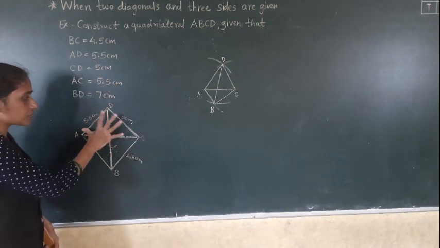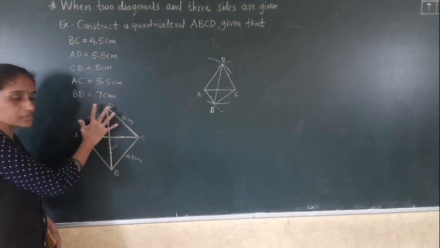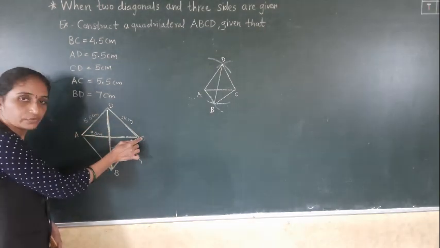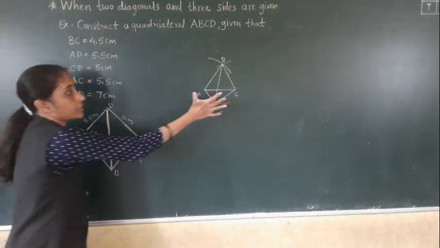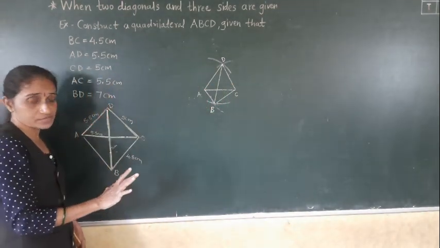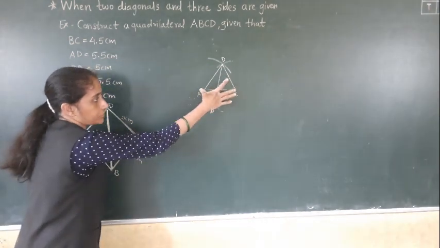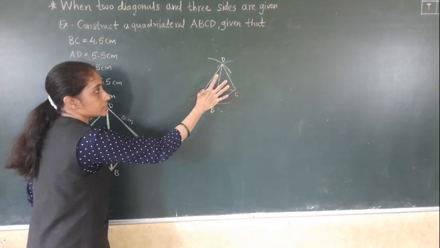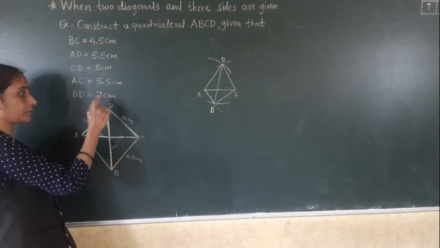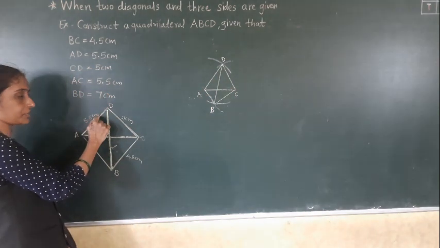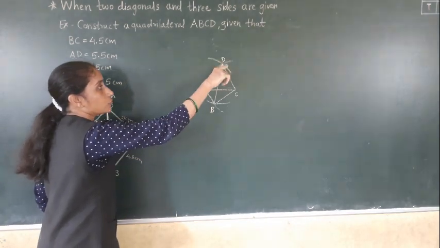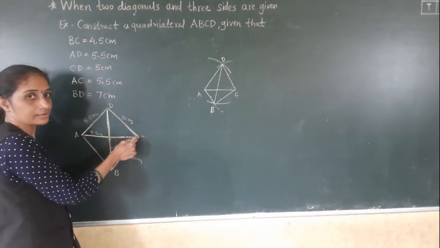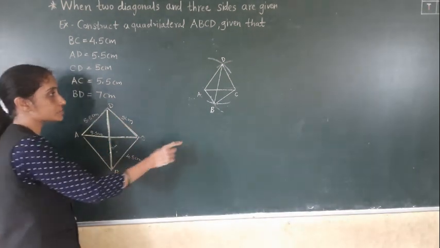Okay, so see what is given now in this quadrilateral. In the first triangle, all the sides we were knowing. So, AC we were knowing. So, first draw the AC, that is 5.5 centimeter. Now A as a center and with 5.5 centimeter radius, draw an arc. So we have drawn an arc here. After that, what we did? C as a center and 5 centimeter radius, draw an arc.